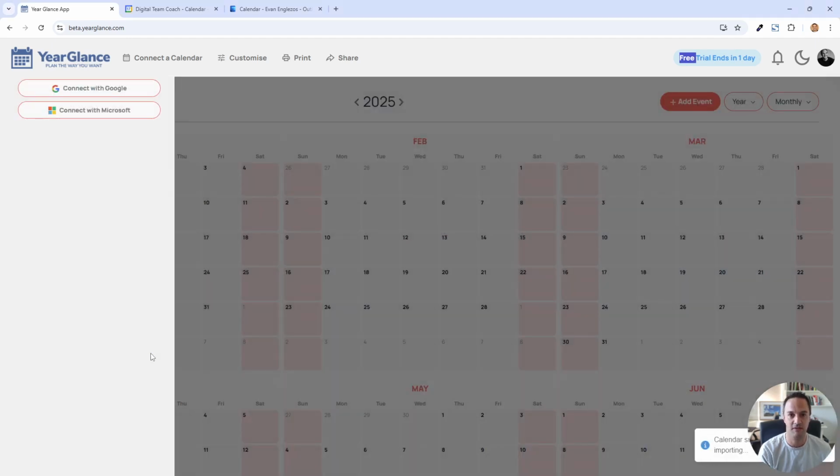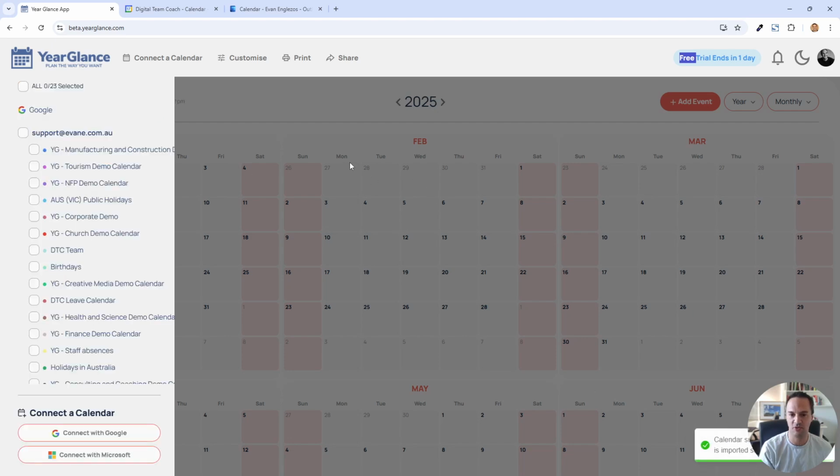So that means it's the proper connection. We're not using weird iCal links or having to make calendars public or anything like that. It brings it in directly, going between Google and your computer, so we don't actually see any of your data. It just happens.